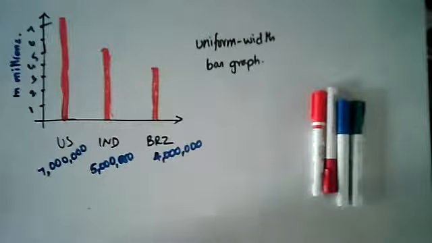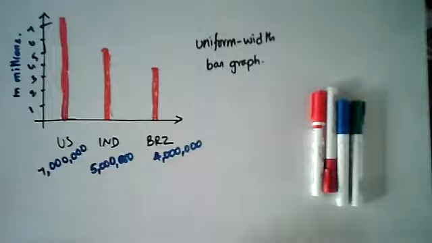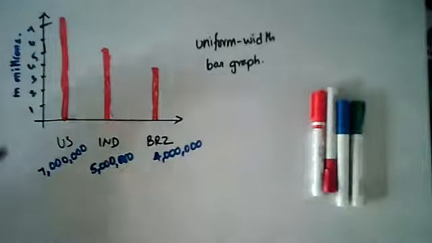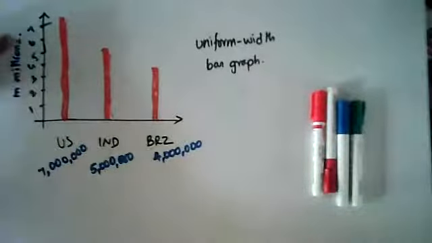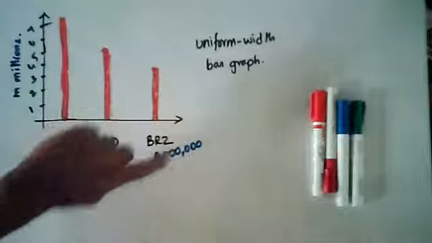So the question is, what is the meaning of a uniform width bar graph or a uniform bar graph? Let's just take some rough and ready figures where you're showing the top 3 countries with the most amount of coronavirus infected people over the past 6 months, 8 months or so. So take the population in millions of people who got affected: US, India, and Brazil.